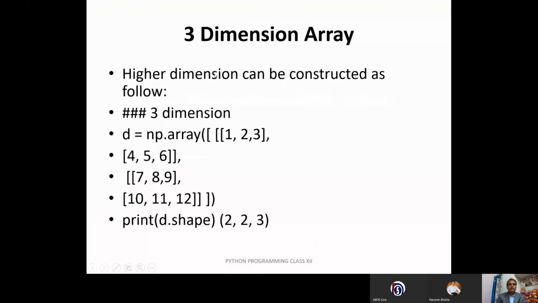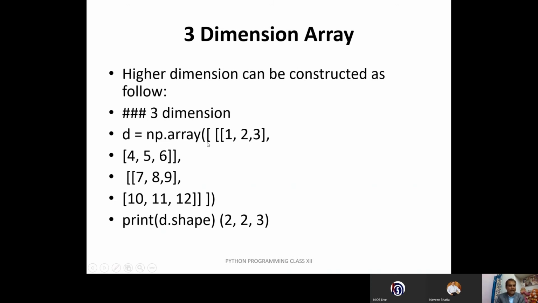Now let us learn the 3-dimension array. Last time also I explained that everything must be enclosed in square brackets. But you see, we have a square bracket and we have closed the square bracket here. This is 1 dimension. This is 2 dimension. Apart from 2 dimensions, we have added one more dimension. That's why it is called a 3-dimensional array. A very simple example. Comment section, variable, the data is there for the 1st dimension. The data is there for the 2nd dimension, separated with a comma. You can see these 2 brackets and 2 brackets here.